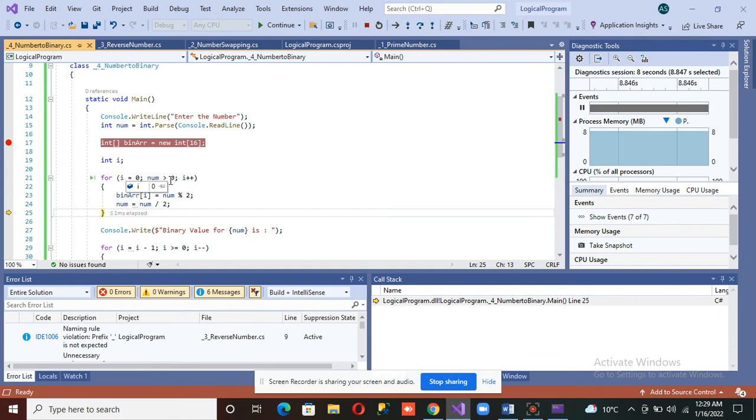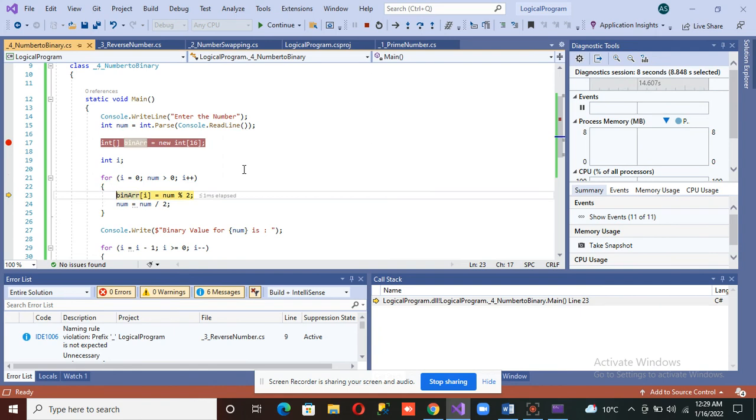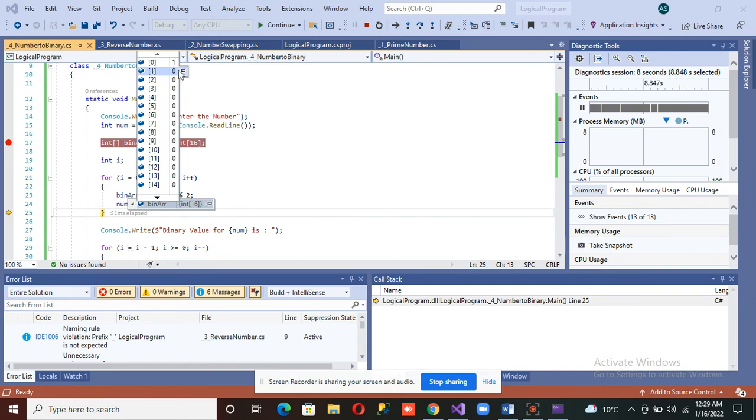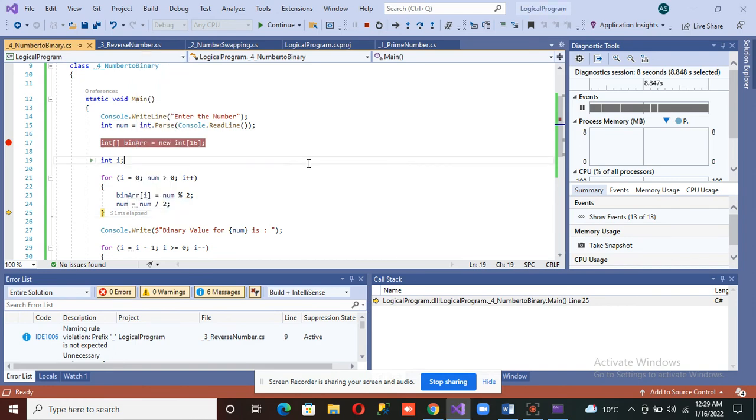And what is I now? I'm just going to increase the value of I. Now the value of I is 1, and is num again more than 0? That means 22 is greater than 0, so the loop will execute again, and you can check the second binary value is 0, because 22 is divisible by 2 and the remainder will be 0.